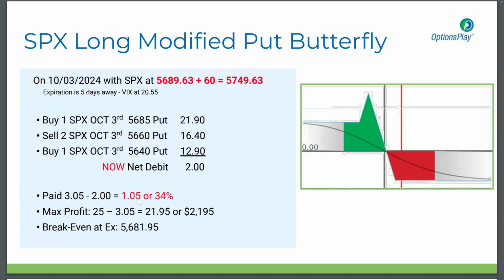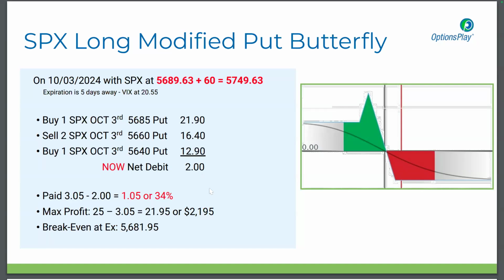All right. So max profit is still the same. The break even is still the same. We're down $2. We could sell it and get out, and that's not a bad alternative either. We just sell the trade, lose our $1.05 and be out of the trade. But here's the adjustment. Here's what we do.